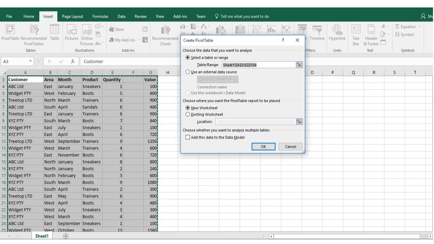It indicates the range that we have selected. We have an option to insert the pivot table into a new sheet or one of the existing sheets. But in this instance, we will opt to insert it into a new sheet. So if we click OK,